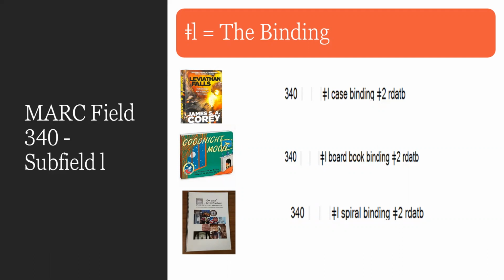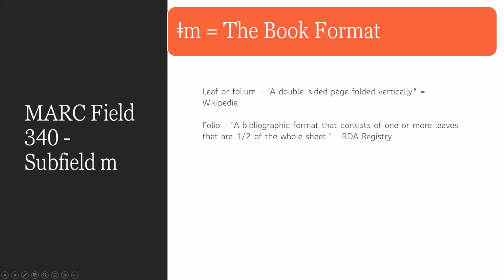So that brings us to M, the book format. OCLC defines the book format as the result of folding a printed sheet to form a gathering of leaves, a sheet folded once to form a folio, twice to form a quarto, 3 times to form an octavo. The basic definition on Wikipedia is just the double-sided page folded vertically, but I found the complete definition a bit